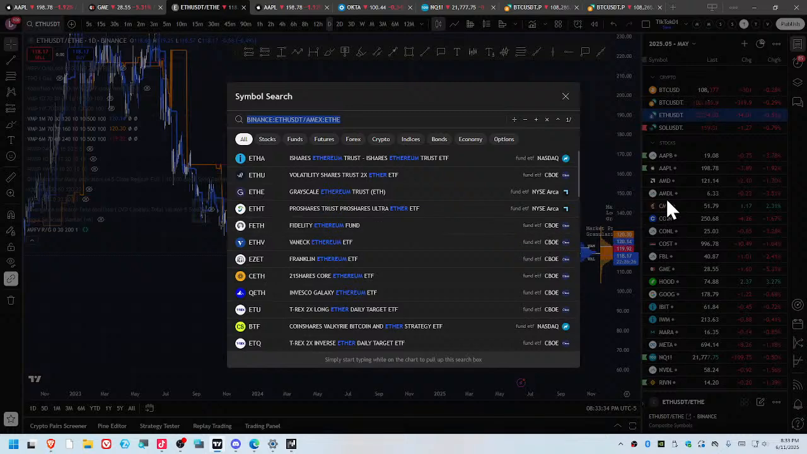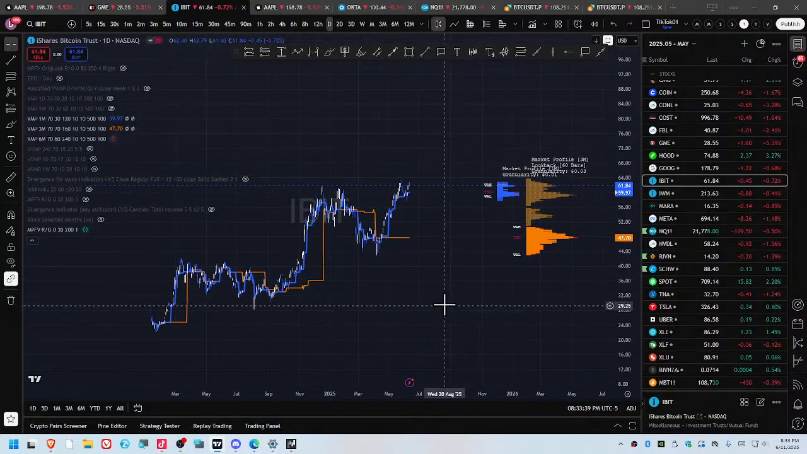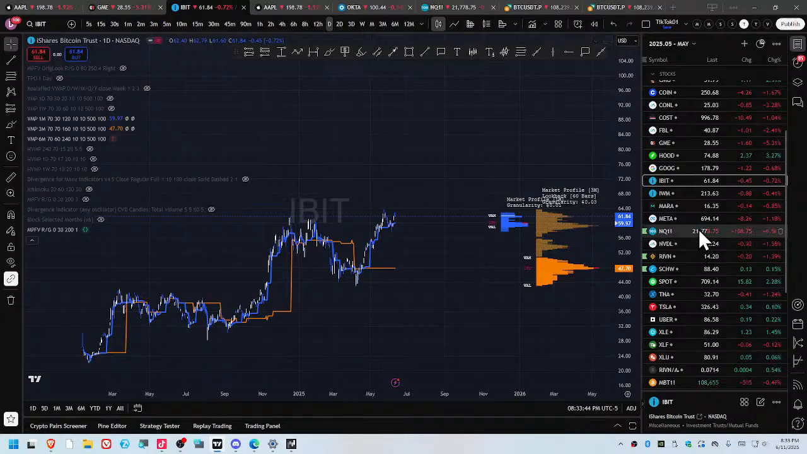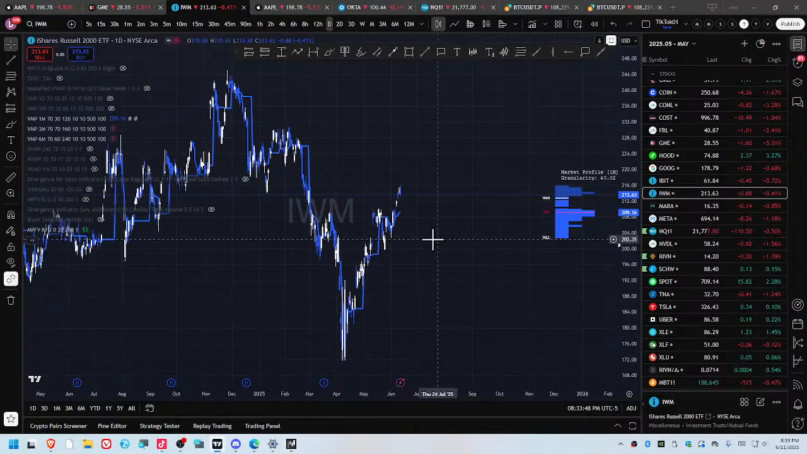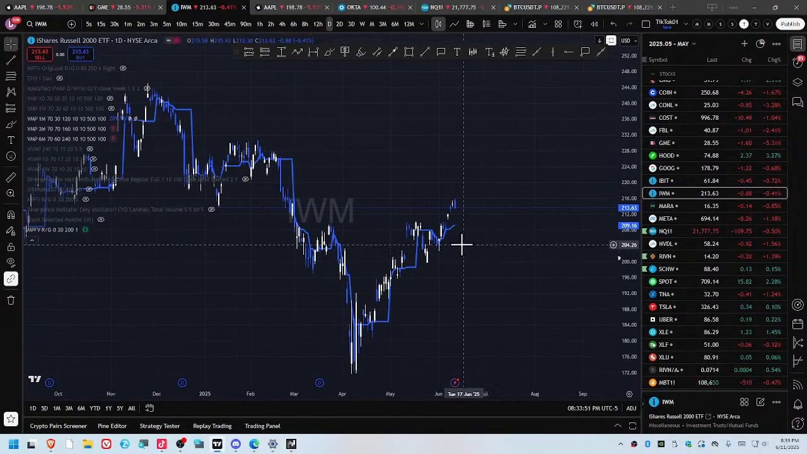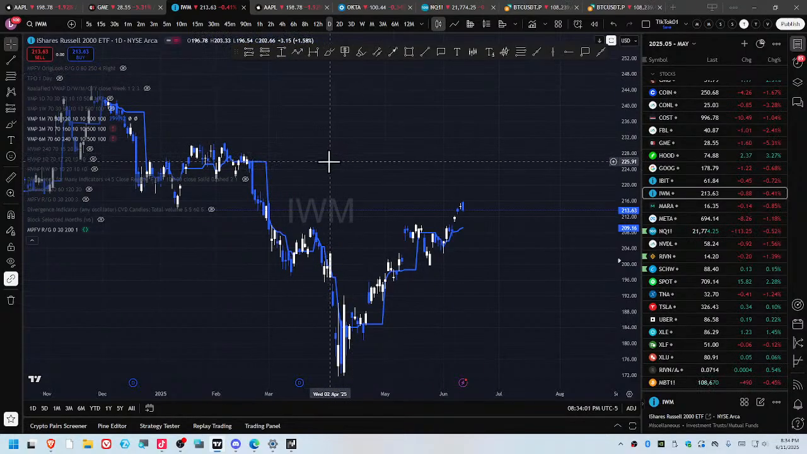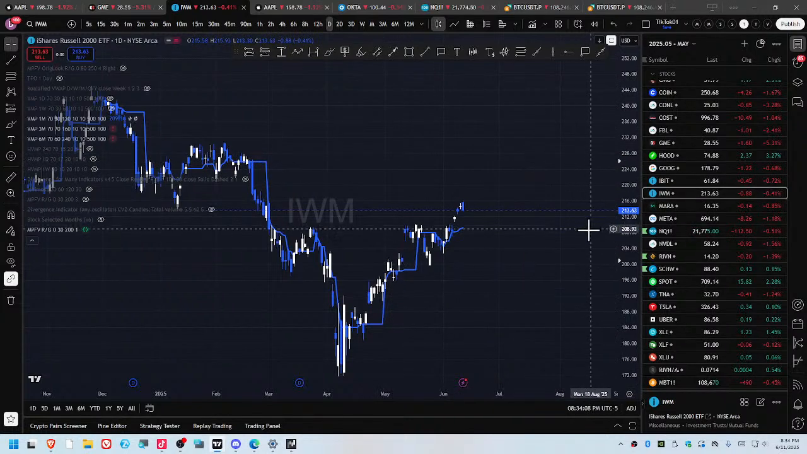And then if we look at IBIT, it's pretty much like the Bitcoin chart. I don't know why I was, IWM was the one I was looking at. So I did sell some of mine. I think I sold one of them. But I do still like it for a potential move up to 225 or so. And for a move to the downside,